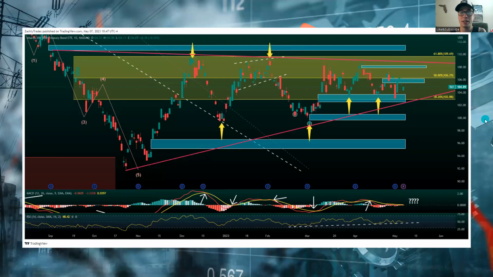Wanted to give you guys an update on TLT. Also wanted to give you guys an update on some of the different things that I'm looking at in the economy from a macro perspective, some things that we need to be cautious of, maybe some things that could potentially be bullish. It all just depends on what the data is when it actually comes out. All right, we don't know what exactly is going to happen in the future. We can't really predict these things, but what we can do is try to prepare ourselves. All right, and we want to stay prepared for either scenario and not be too biased to one side. So that way, we don't end up missing some of the really important data that could have helped us and prevented us from making the wrong move.